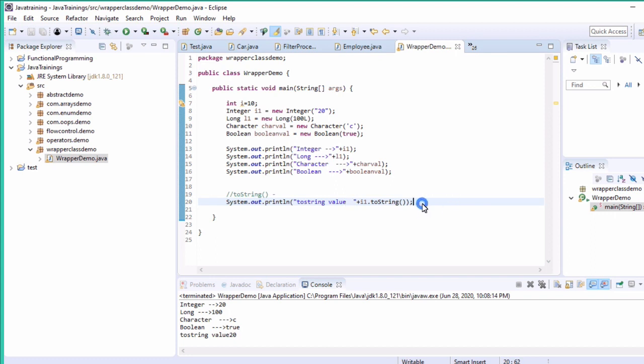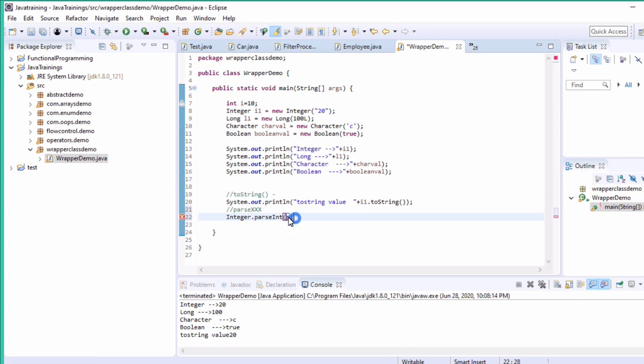Next one is parseXxx. This method is basically used whenever you have a string that you want to convert into wrapper object format. So Integer.parseInt.